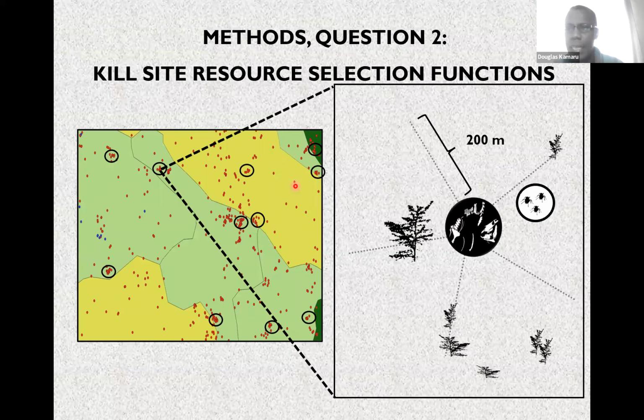Now, at each actual kill site I located a paired random point about 500 meters from the actual kill site, and I assessed 2 variables. One was visibility, and the other was presence and absence of big-headed ants and native ants. With visibility, I took the distance from a kill or random point, which is what I'm trying to show in this diagram. I measured a distance with a rangefinder from a kill to the closest obstacle, which in this case maybe could be this acacia here, or any other obstacle. And then another variable looked at is the presence and